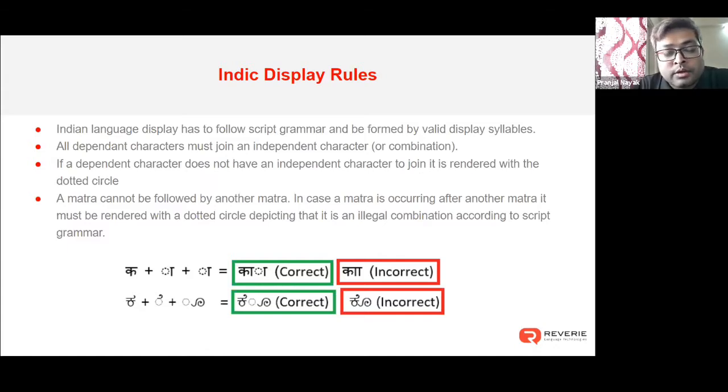So another rule is that a matra cannot follow another matra. In case a matra is occurring after another matra, it must be rendered with a dotted circle. So I put in certain examples here. If you look at the Kannada example, you may feel that by putting those two matras, you can form a third or a different matra, but that's not how it should be. The matra has a single representation, and you should represent it with that single matra